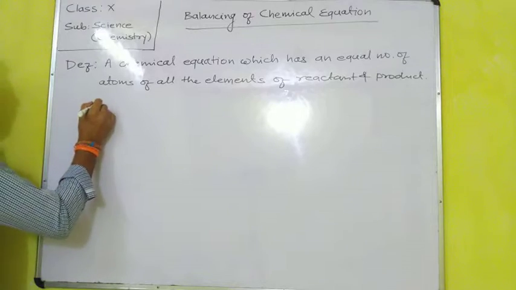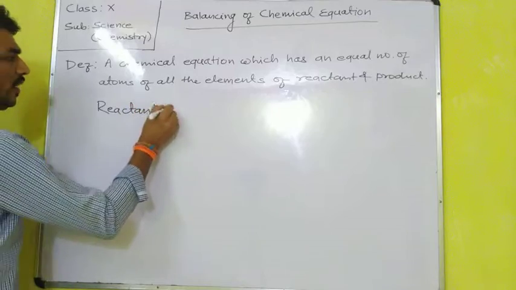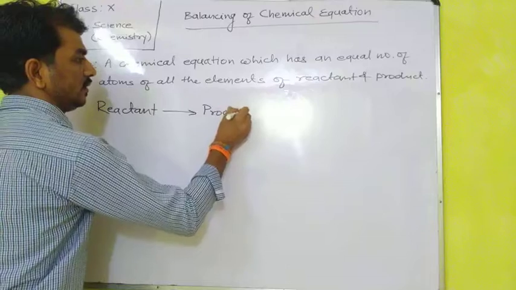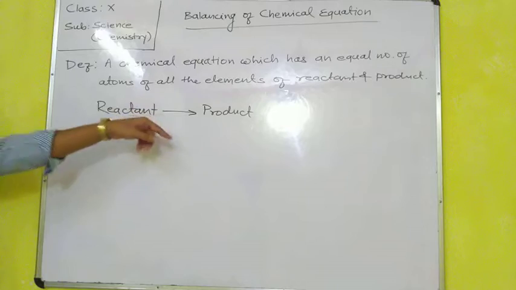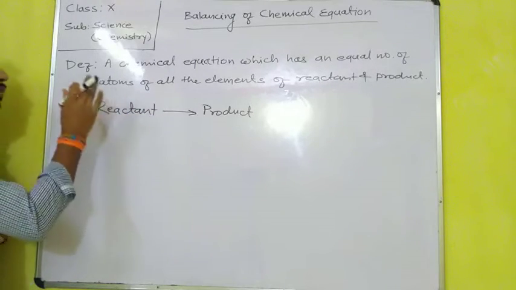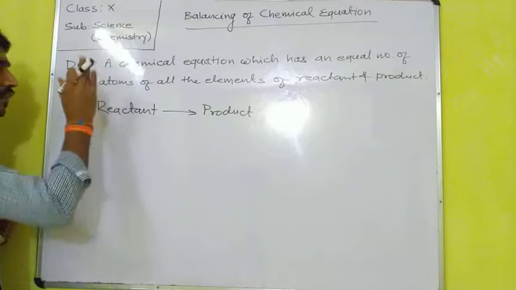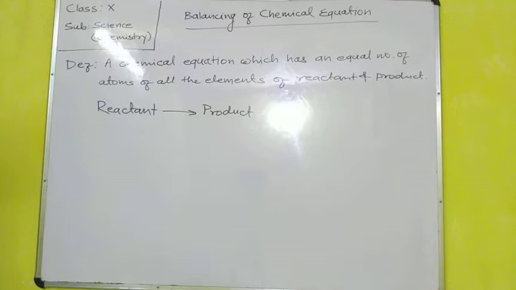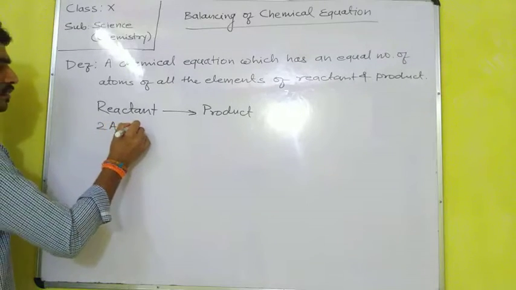It means, as I have already told, on the left hand side we write the reactants, and on the right hand side we write the products, and between them we put one arrow, which indicates towards the product. So the number of atoms of each element present in the reactant should be equal to the number of atoms in the product. For example, suppose here 2A plus